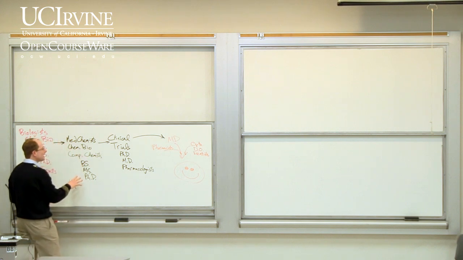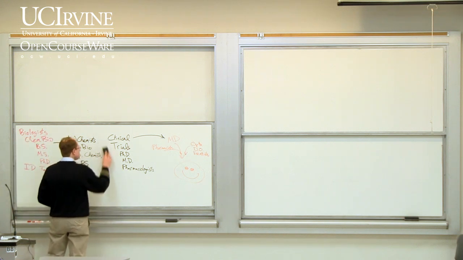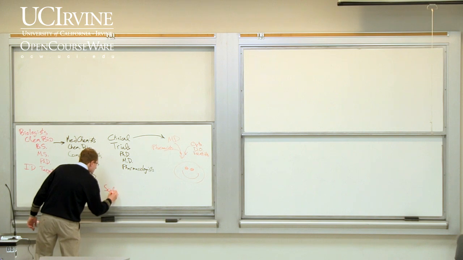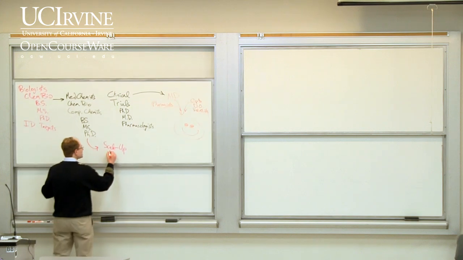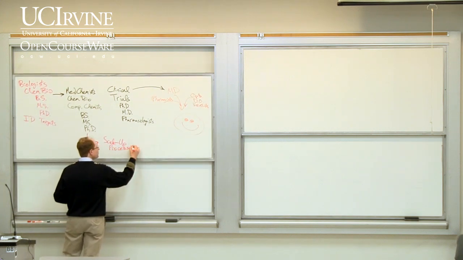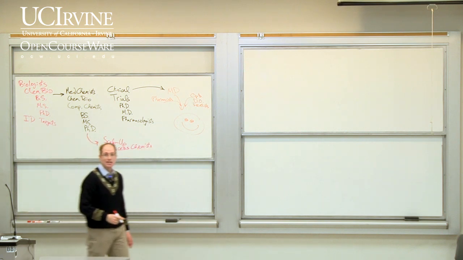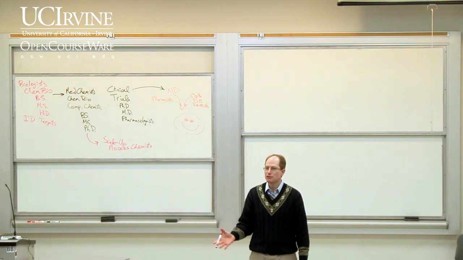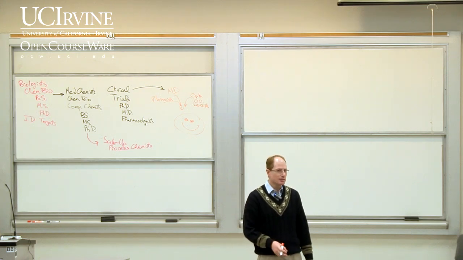Eventually someone has to test the compounds in animal models, and also synthesize enough of the compounds before you can get to clinical trials. Actually, I'm missing an important step over here, so we'll call this scale up. Someone has to scale up the compounds, and this is typically done by process chemists. If you're that person who loves organic chemistry and loves mechanisms, this is for you. You're going to really understand the details of a particular reaction and try to improve its yield so that you can get 10 kilograms of this stuff, enough to run a 1,000-person trial or something like that.